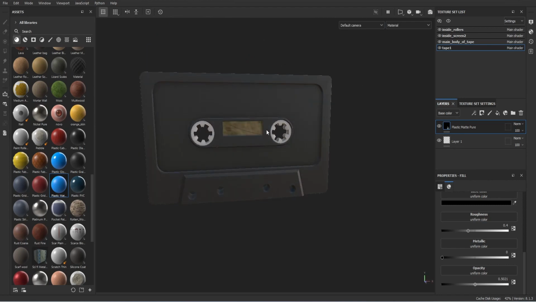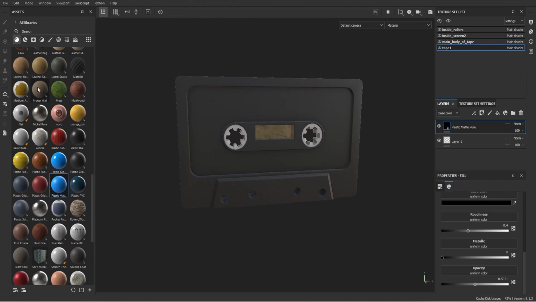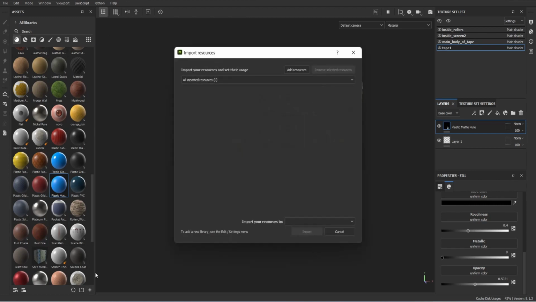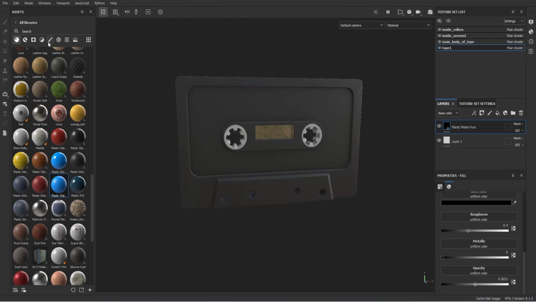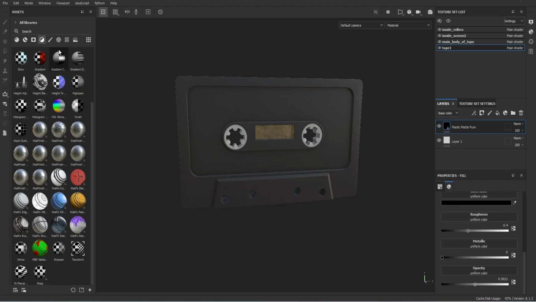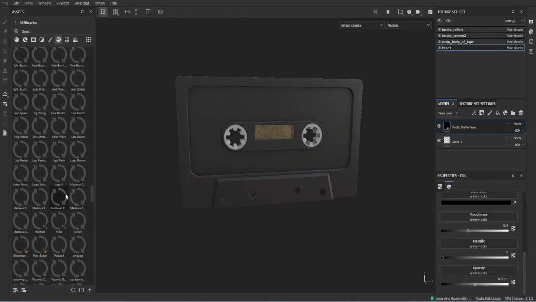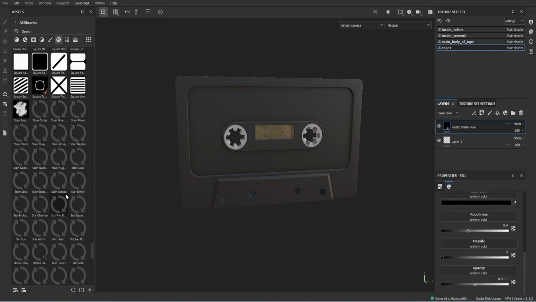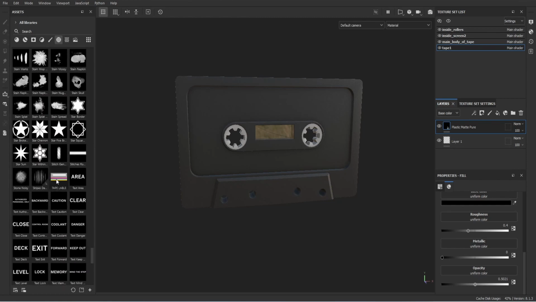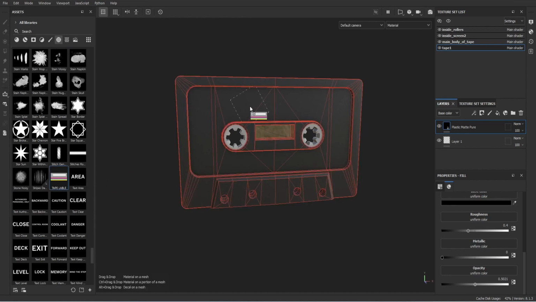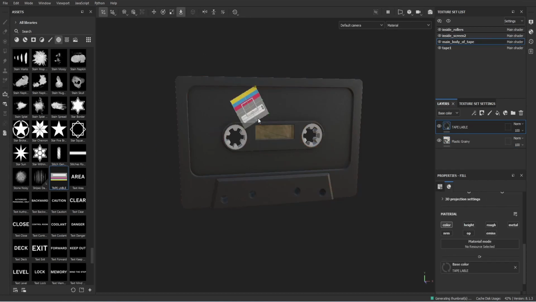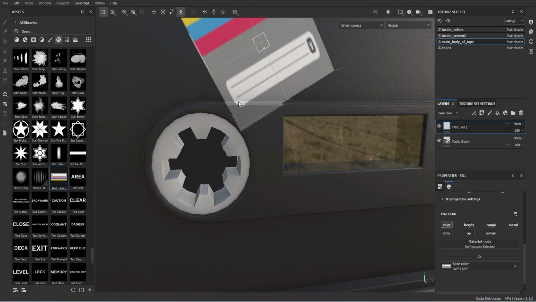Now if you want to add stickers or that type of thing, what you could do is on this plus side here, you can start to add in detail, like add in your own files and things like that. So I've already added some in. I'm going to come over to, I don't know where I put it, alphas, and scroll down. So here I've brought this tape label already in. Now I can drag it in like that and go on base color,